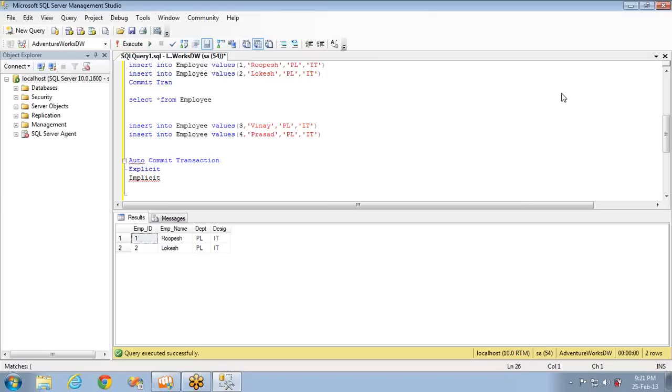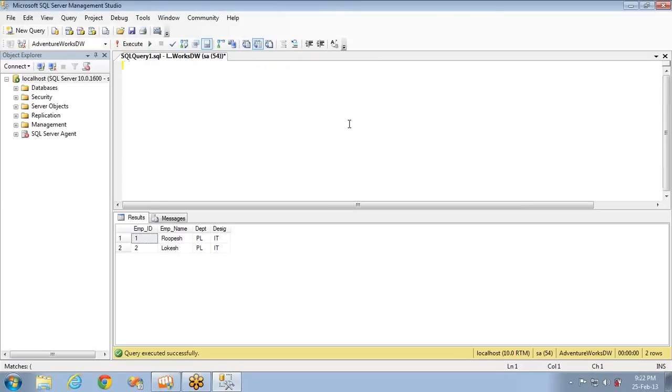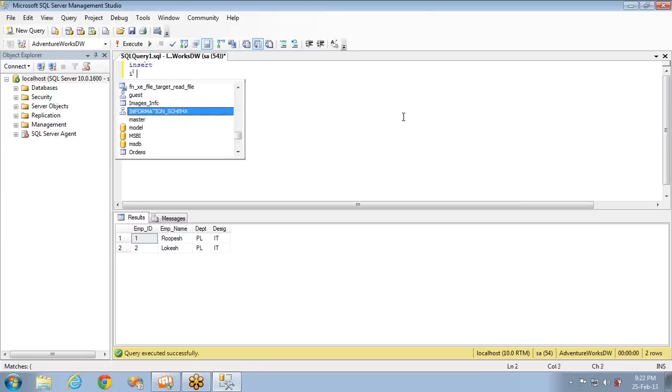Now let's see an example for auto commit transaction. Say I have three insert statements. In a few cases, it will not insert any record; it will revert everything.